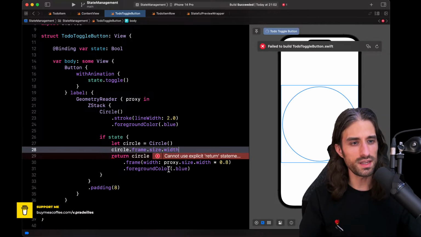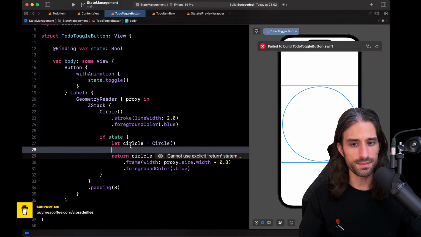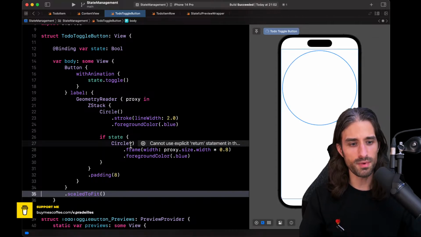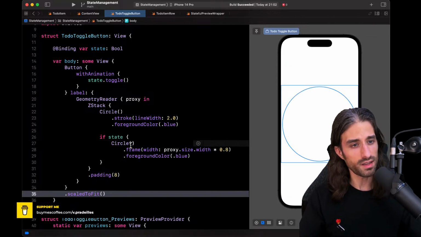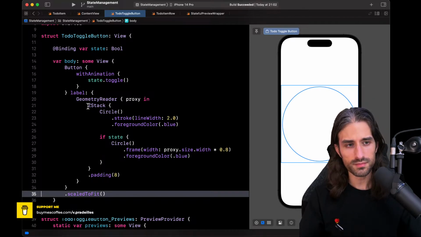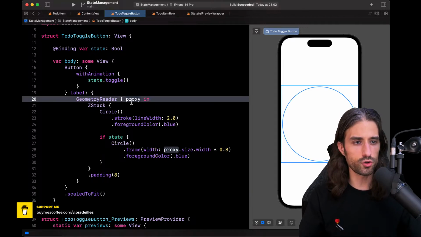The body in SwiftUI is a pure function, so you cannot just set some variables and then get some data to modify them. And the way you do it in SwiftUI when you want to get some information about your environment, there are several ways to do it, but one of the ways that SwiftUI uses is to embed your view in a parent view that will provide you the information you need through an argument.